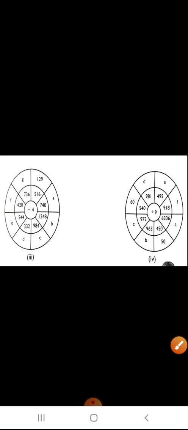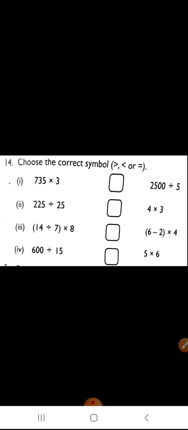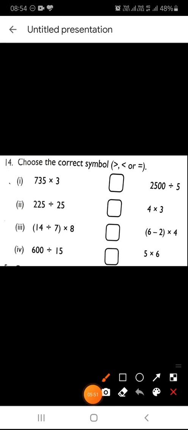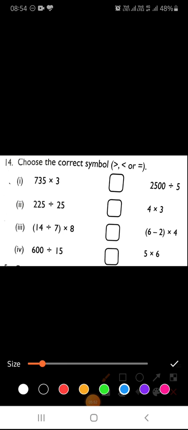So you have to try these questions yourself. Now this is question number 14 on page number 87. Here in this question you can see that in this case you have to multiply, and in this case you have to divide. When you multiply